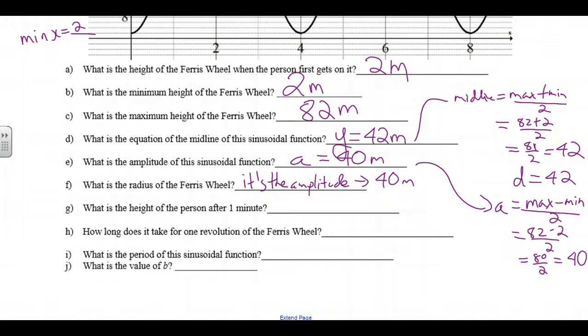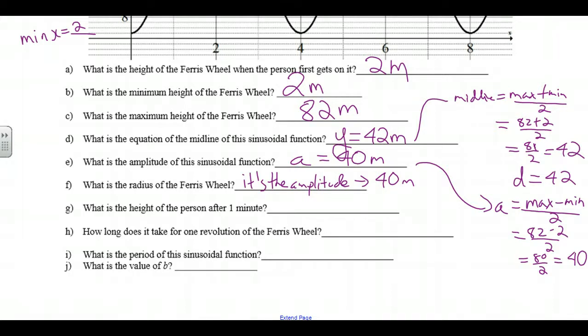All right, so what we're doing is we're taking the graph of a sinusoidal function. From this graph, we can actually get the equation. So we're going to figure out the equation, and then we can graph it and see if we get this graph, right? We should be able to set our calculators to this window with this scale, put in the equation that we think it should be based on our values of A, B, C, and D, and graph it and say, hey, yeah, it's the exact same graph,